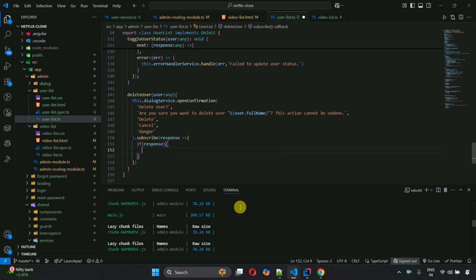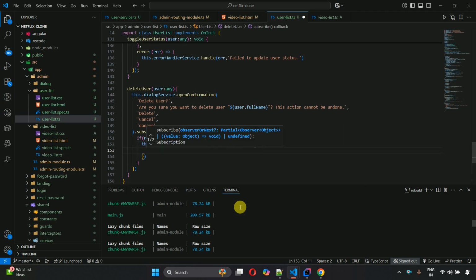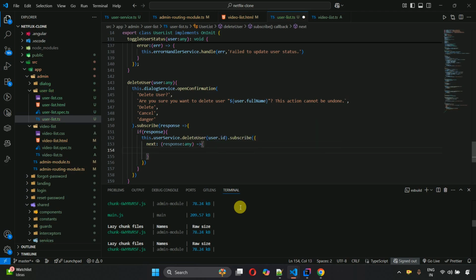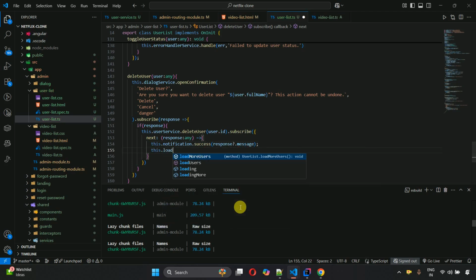So here we have to write this dot user services, then dot delete user dot id, and dot subscribe, and inside this one write next, and then response of type any, and this dot notification dot success, and response question mark dot message, and this dot load users we have to call this one,